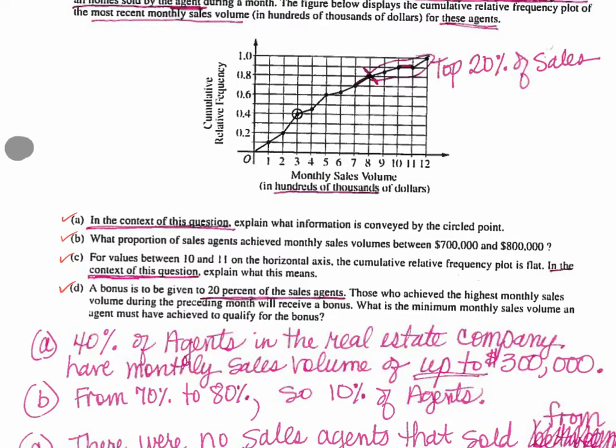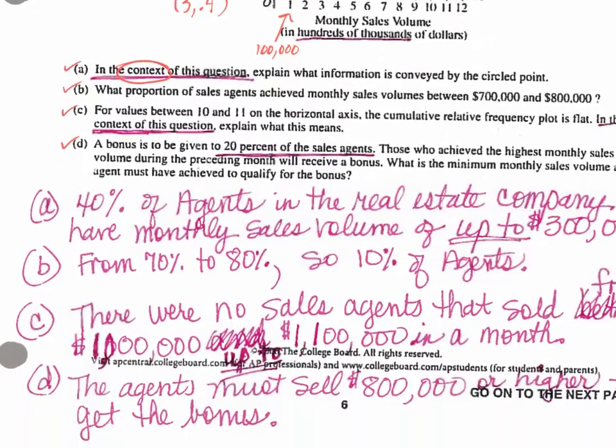First one says, in context of this question. So they're reminding you that they want it in context. Explain what this circled point means. This circled point is the point 3, point 4. And of course, the y-axis is the percent of agents. That's the context of this problem. And then these numbers are in hundreds of thousands. So, for example, that 1 is $100,000 sold last month. So this point, 3.4 means 40% of agents